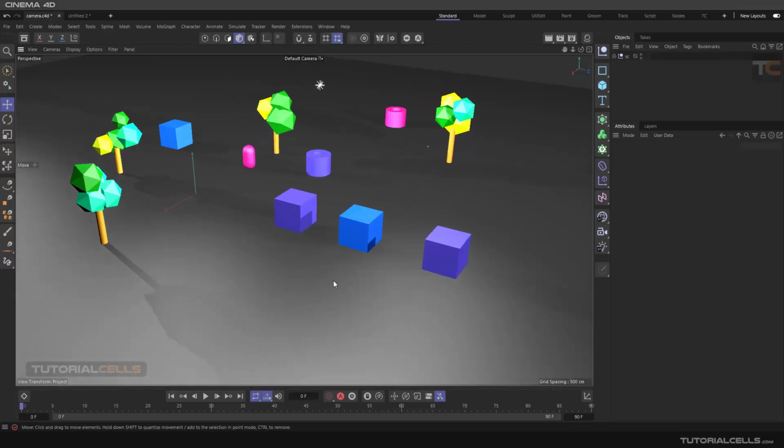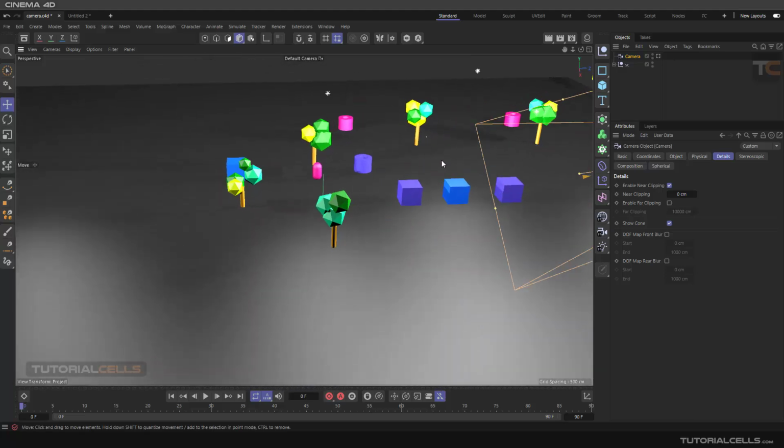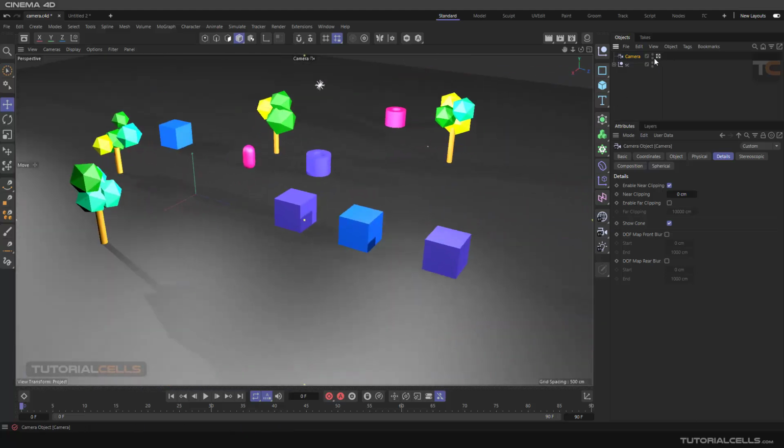Okay, let's talk about an interesting camera here. It's called the motion camera. It's very important. If you have a default first camera here and you are in your camera, don't forget we